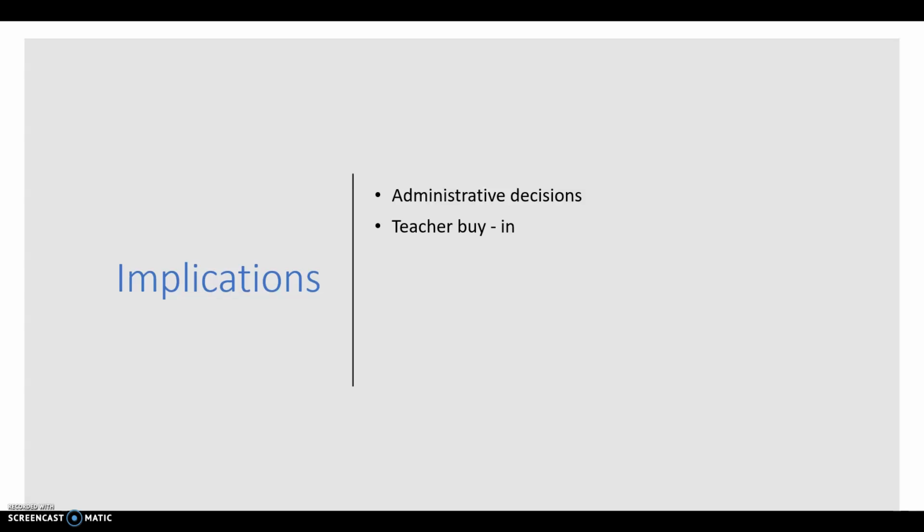So what are some implications of this action research study? Now our administrators have a decision to make. Based on this study, students having accessibility of cell phones in the classroom could be a positive thing. If they are going to change the policy, they've got to reform it and come up with a very detailed cell phone policy for our teachers, our students, and our parents.